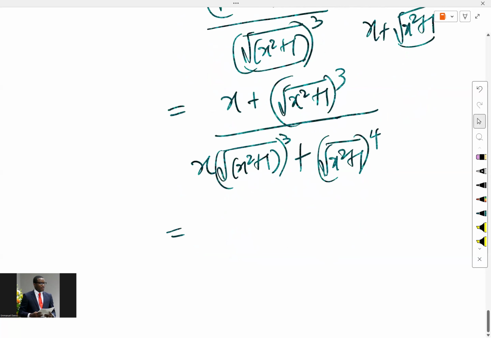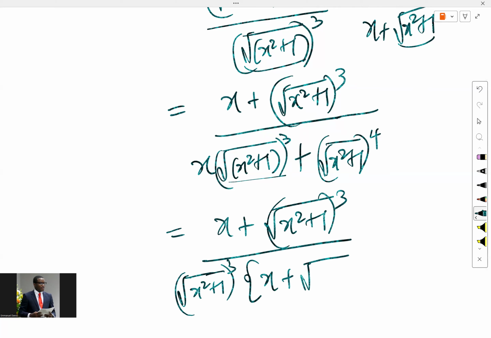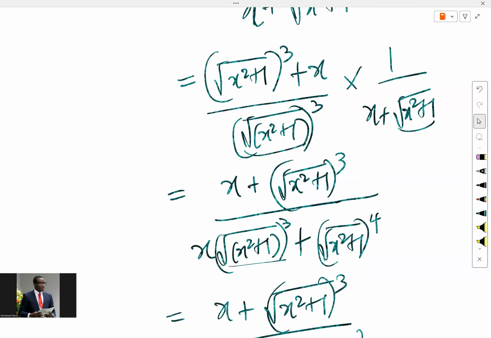Here we now have, so I guess we can factorize. So we have x plus square root of x squared plus 1 all raised to power 3 divided by, you see this is common, so we have square root of x squared plus 1 all raised to power 3 is common. All of that into x plus 1 of this will remain square root of x squared plus 1, right? Now this is getting too complicated, and I guess I'll have to leave this